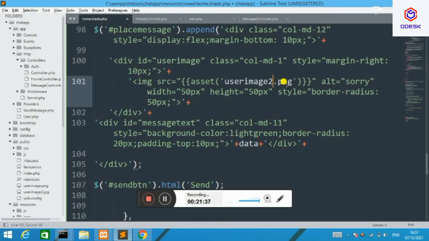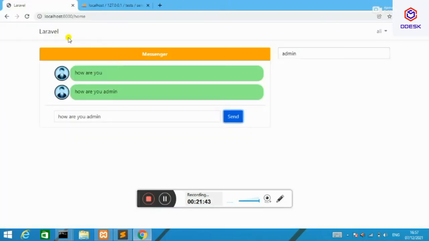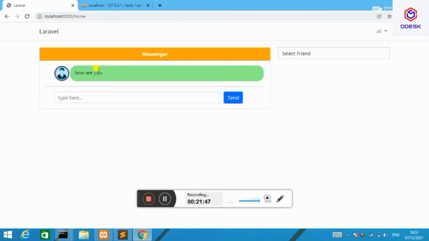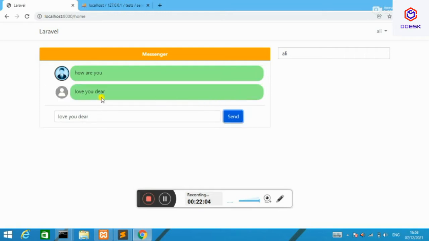Now I want to change the image of the message which I'm sending and receiving. To do that, I change just the image name, because I have two images. I'll refresh it, then I'll send this message to myself. I'm typing a message here and click on the send button.